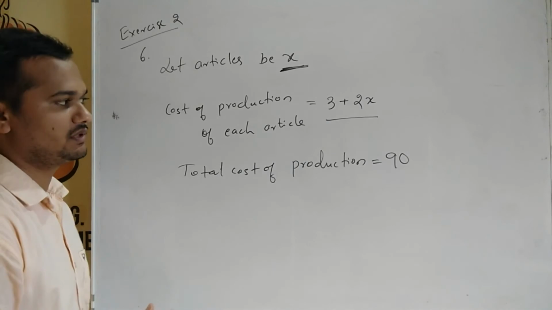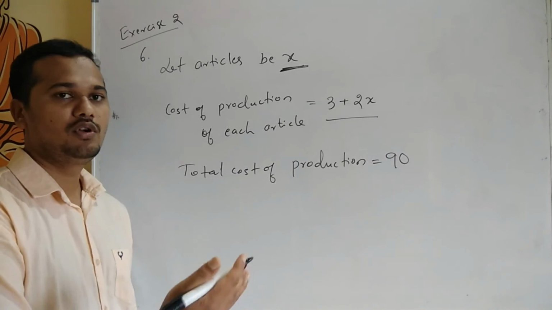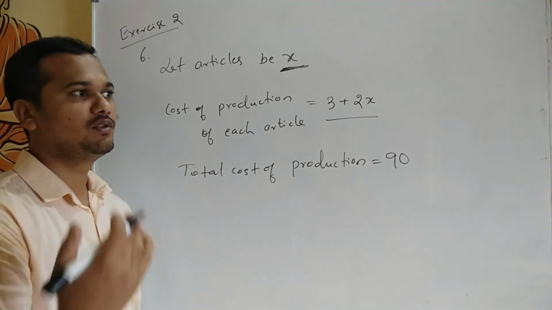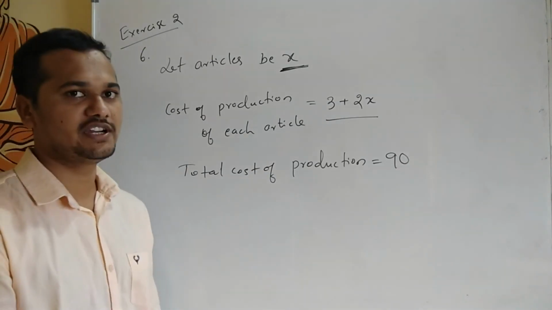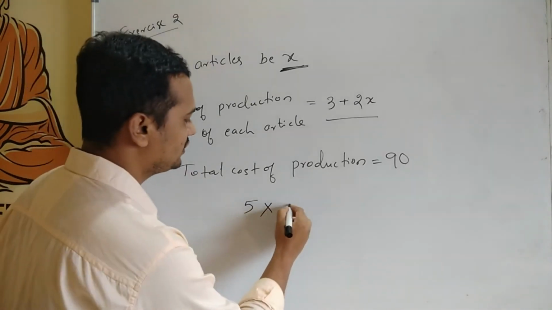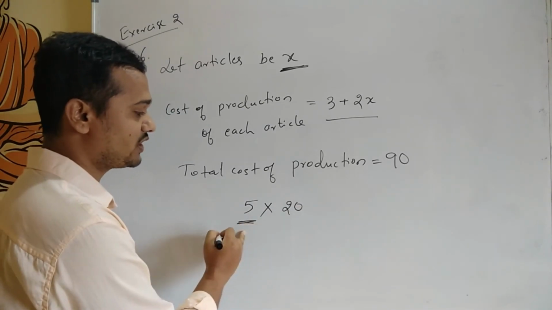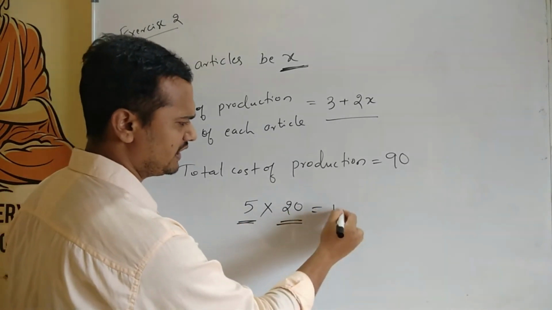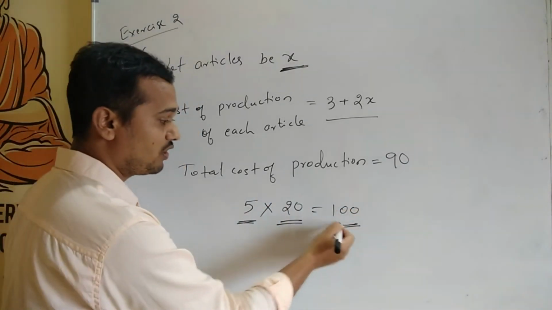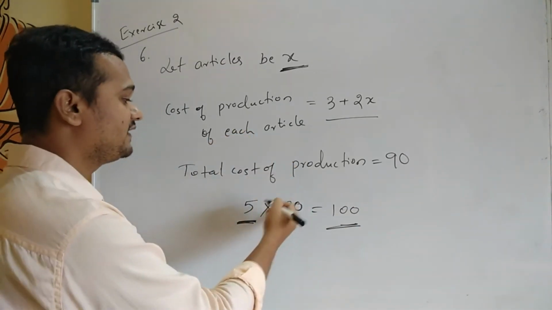Okay, before solving this one, let me give a simple example. Whenever you get these complicated problems, you need to correlate that complicated problem with a simpler one. So let's take, you go to a shop and you want to buy 5 chocolates. Okay, how many chocolates do you want to buy? And each chocolate costs 20 rupees. Each costs 20 rupees, and the total number you need is 5 chocolates. So what will the total be? Simple, that will give 100. So what is this 100? That is the total cost for 5 chocolates, each costing 20 rupees.